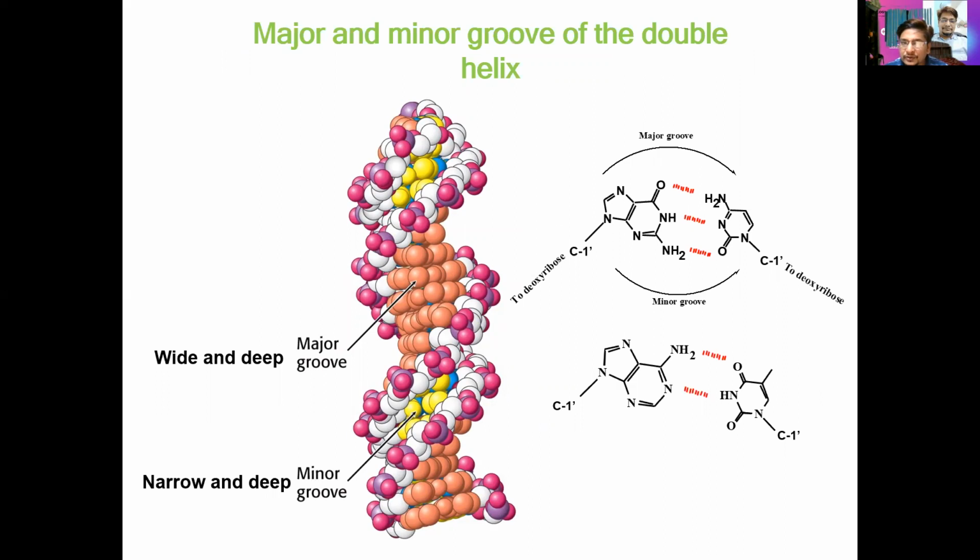Now let's have a look at the major and the minor groove. Mind you, this is a very, very important structure where the different proteins which interact with the DNA will come and sit over here, especially the transcription factors. So this is a sitting place for those DNA-protein interactions. Now, if you see this structure of the major and the minor groove, the C1 and C1 you can see over here, and this is the major groove. So the major groove is going to be broader and deeper, whereas the minor groove is narrow and deep.